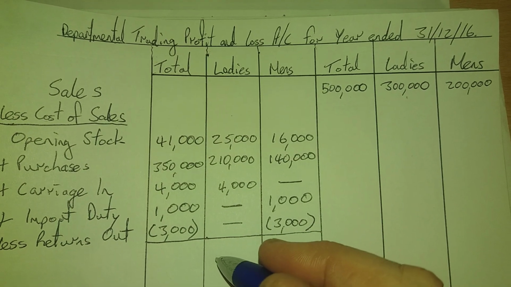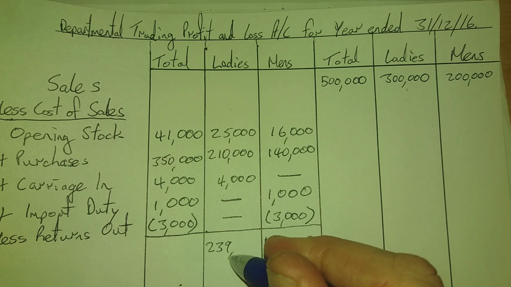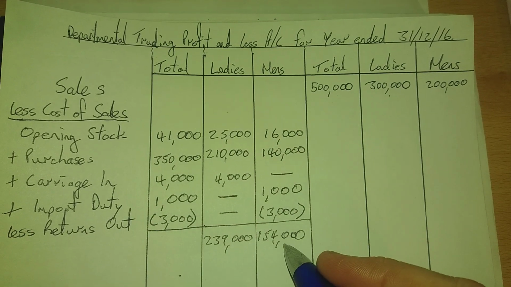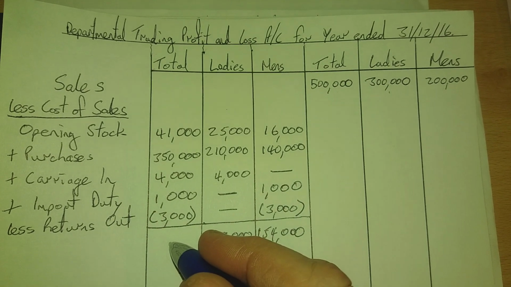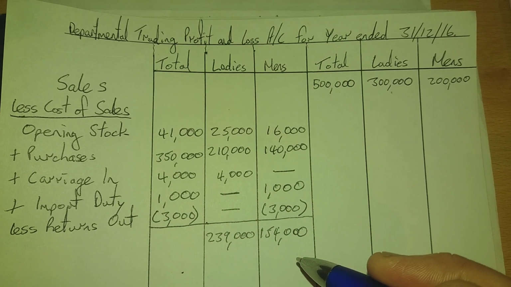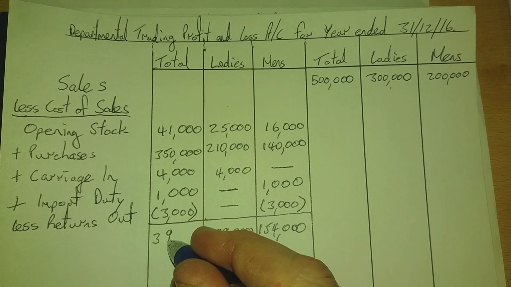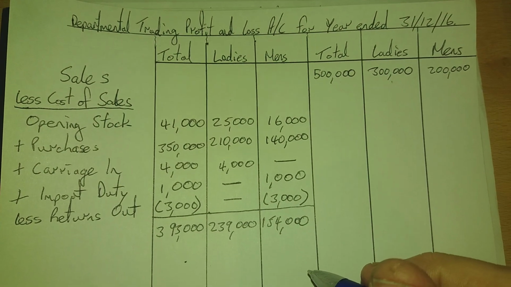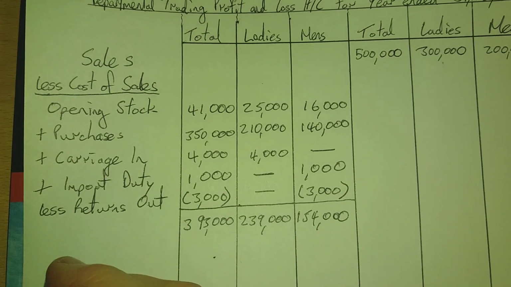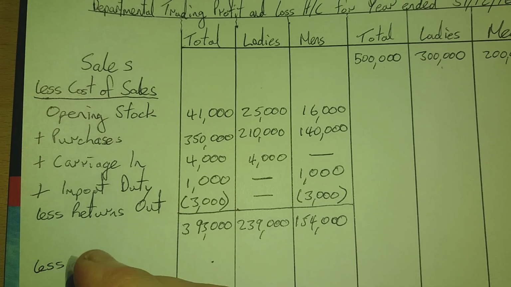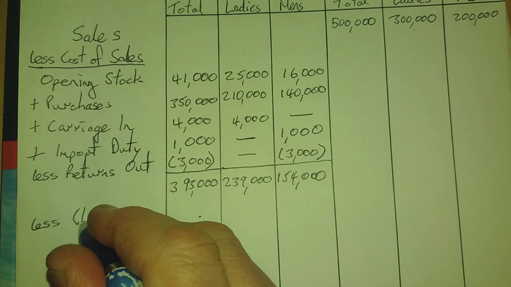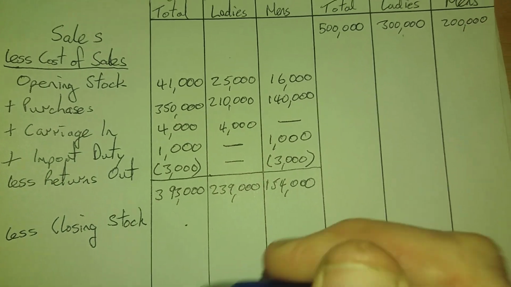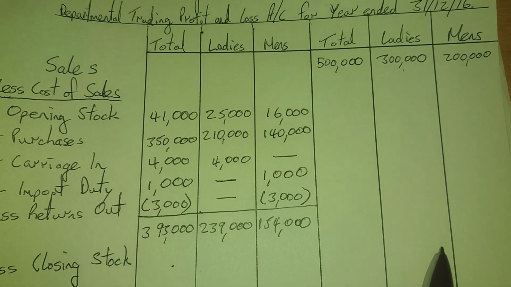Next one, 239. Next one must be, I suppose, if we wanted to double check, we could just be adding these two together to get the last one. So what would that be? 3. Or you could add down here and get your 393. So next thing we said was less closing stock. So like so far it's just the same as a regular